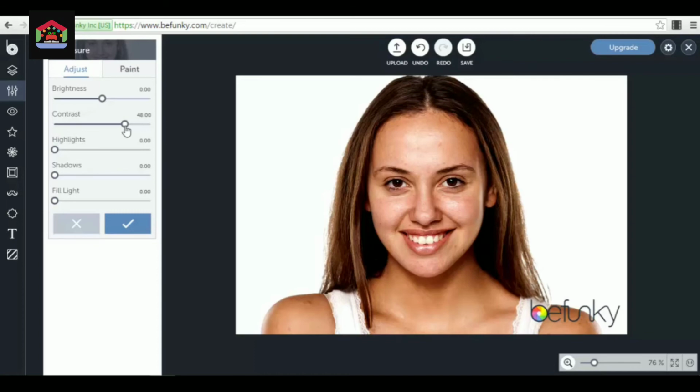You can play with that, see exactly how it works, but for a profile picture I would recommend that your profile photo has a very good contrast. You can make different highlights. Play with the highlights, with the shadows. You can fill in with light, so you have a lot of options that you can use. As you can see, this small app, this BeFunky, it's actually full of cool features that you can use.